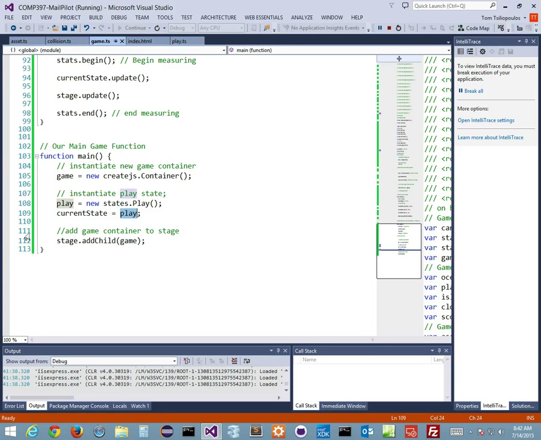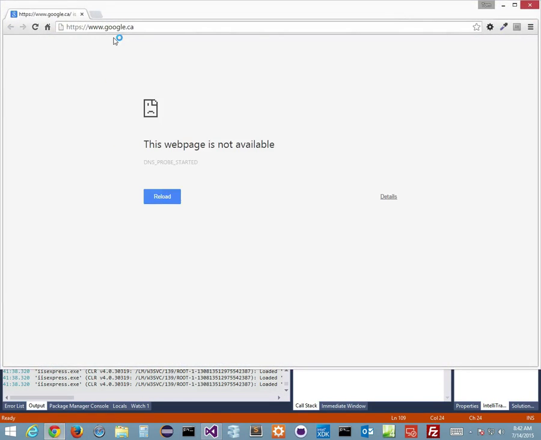Now, when I say current state is equal to play, and I want to update my current state.update, I want to play that. That's one thing. I could declare something else. I could say there are other iterations of this particular code. For example, if I go online and look at,